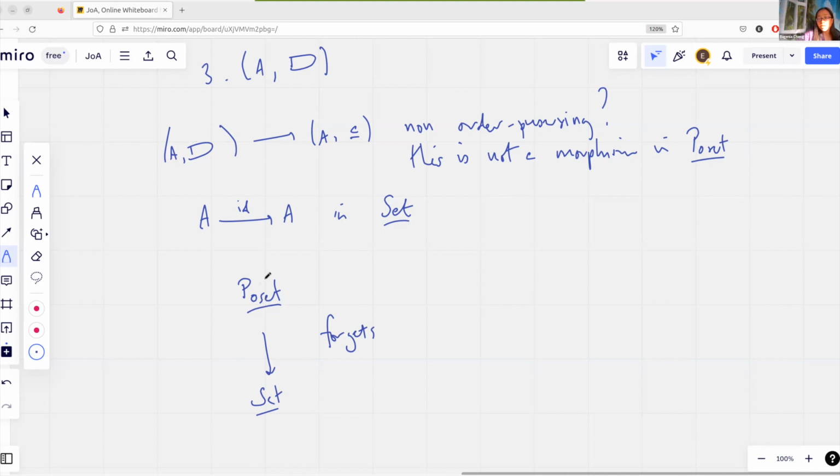So there are a lot of different posets here that forget to the same set, but you can't necessarily lift every morphism from here to a morphism between the ones over there that live over it. And so this poset and that poset both live over the same set, so they forget, this is forgetful, they forget down to the same set. But you can't just take any old morphism down here and lift it back up to one up there if it doesn't respect the ordering. So that's what's going on there.